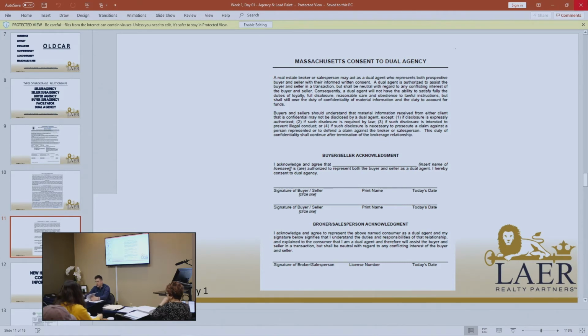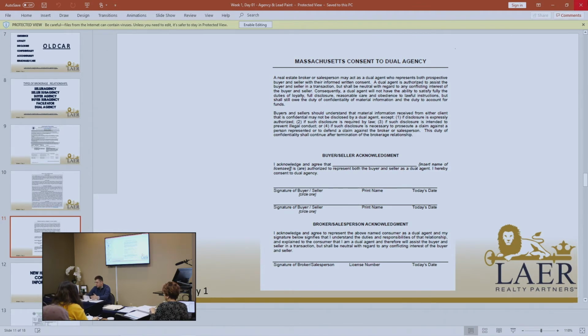They're not hard, they're 2 pages. Read them, and then when you get an agent, you can say on here, I'm going to be buyer's agent. This is buyer's agent X. You want to read this paragraph right here. These other things don't apply, but if you want to read them, you can. This is really where you should hone in right here, buyer agent. And then we're going to sign that. That makes people understand this isn't a contract. They're just disclosing what they are, what our relationship is.